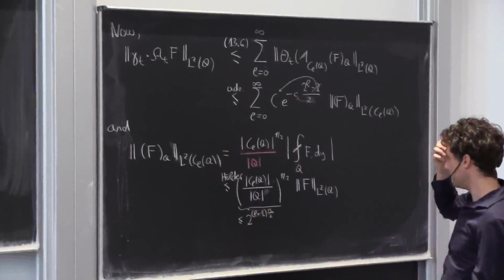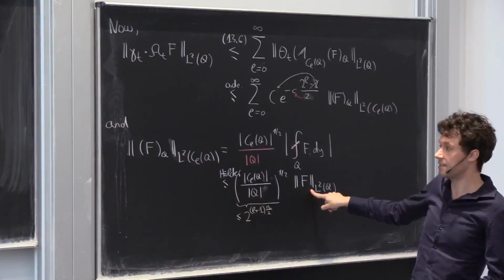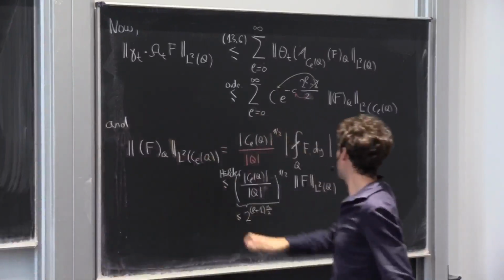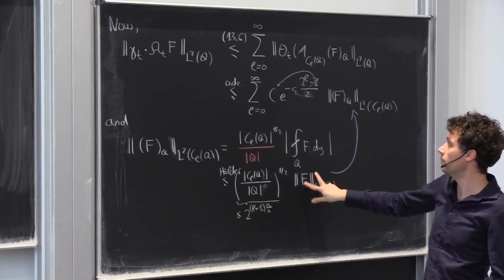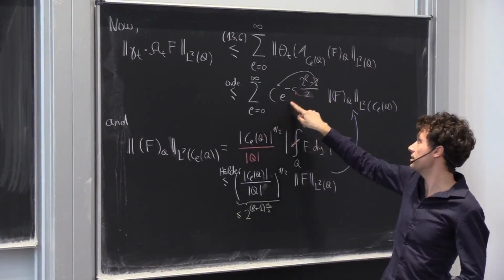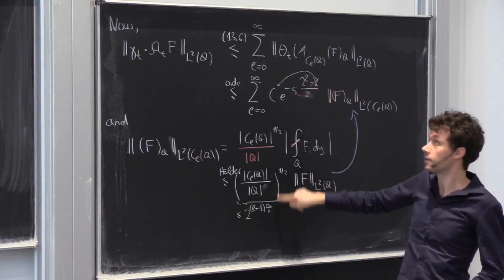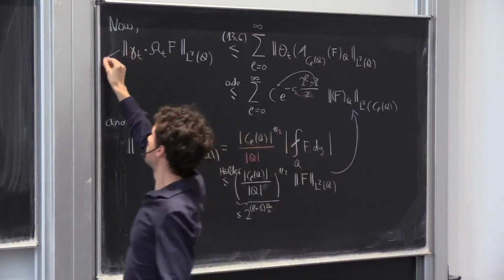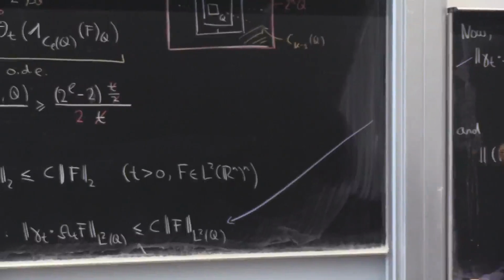Okay, so now let's take my favorite color, purple, and see what we have. If I have this estimate, there's an L2 norm on the right-hand side, which is good in view of the thing I want to prove here. So I take this estimate, and I throw it back in there. Then it gives me the L2 norm times a series. In the series, there's e to the minus c times 2 to the L times this polynomial factor. So the series is converging. So this estimate here goes back here, and you get the claim, and the proof is done.